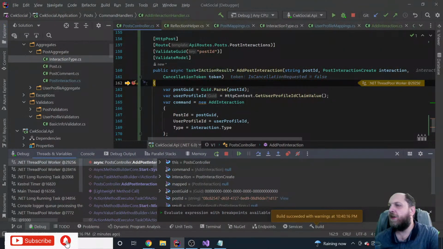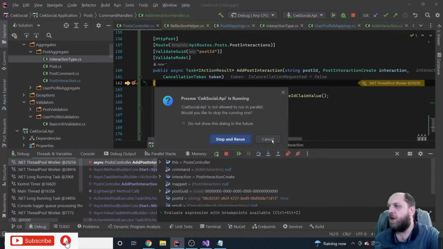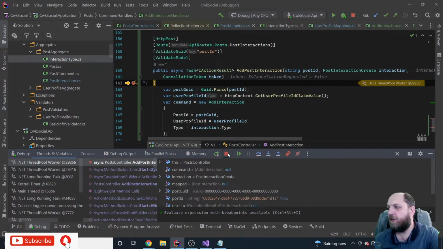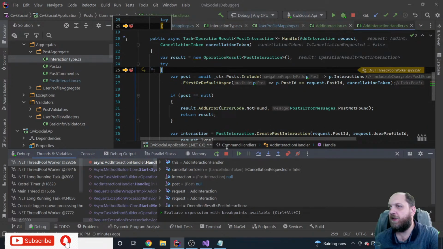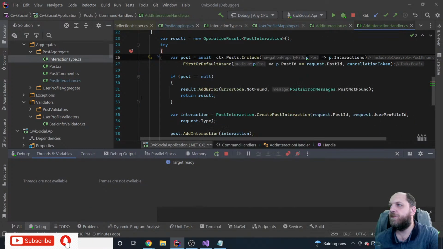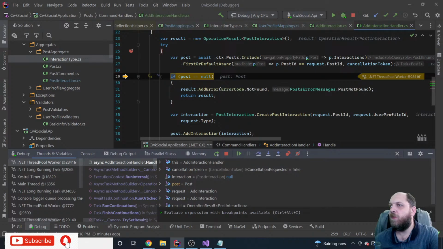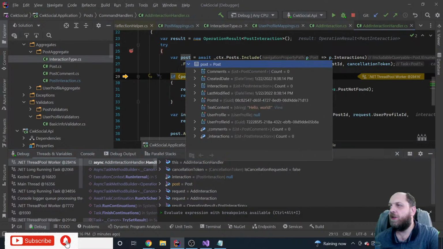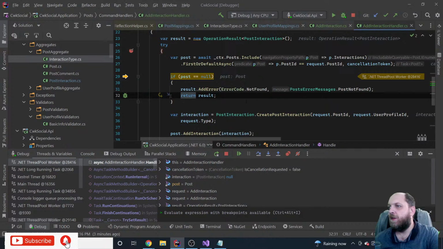Cool. So right now we are in the controller. Here we have already seen that everything works. No, I don't want to do anything here. I just pressed the wrong button. That's the correct button. So right now I'm in the handler, and in the handler, let's say post. Okay, we get a post? Yeah, we did get a post, and we also have interactions. Cool. Then